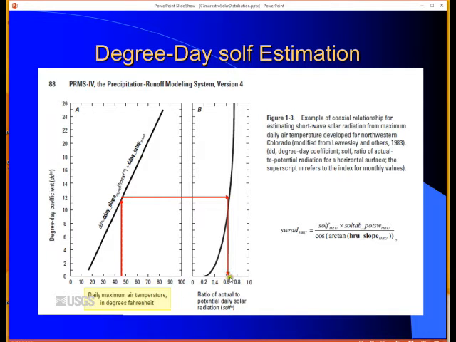And then what that does is it gives you this value, in the code it's called SOLF, and basically what it is is the ratio of actual to potential solar radiation. And then that value is used in this equation. So here you've got the SolTab pot SW, that's the value that comes from the solar table. And you've got this parameter here, HRU slope. So you've got all the values you need, and then you compute the daily shortwave radiation on the HRU.